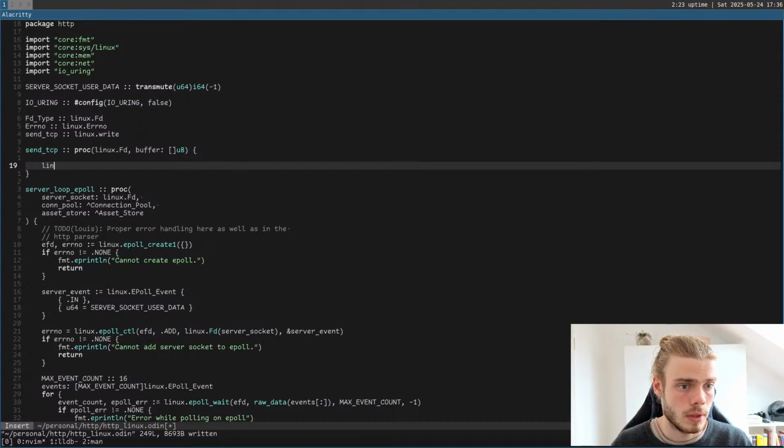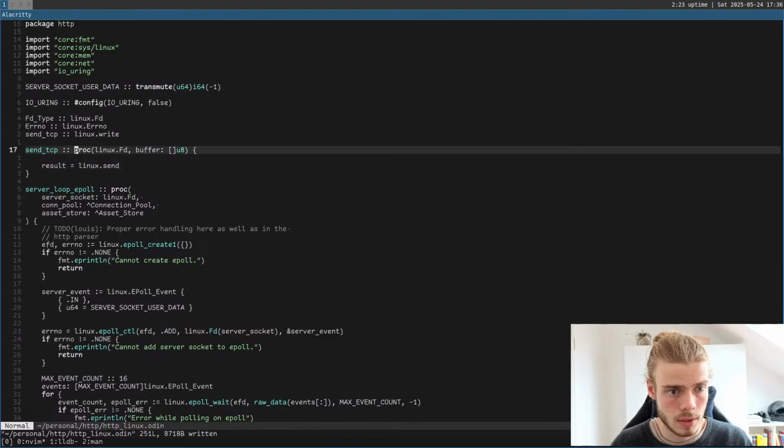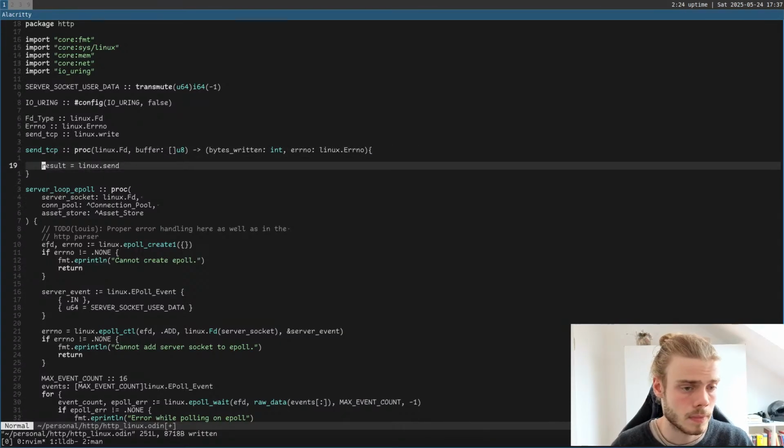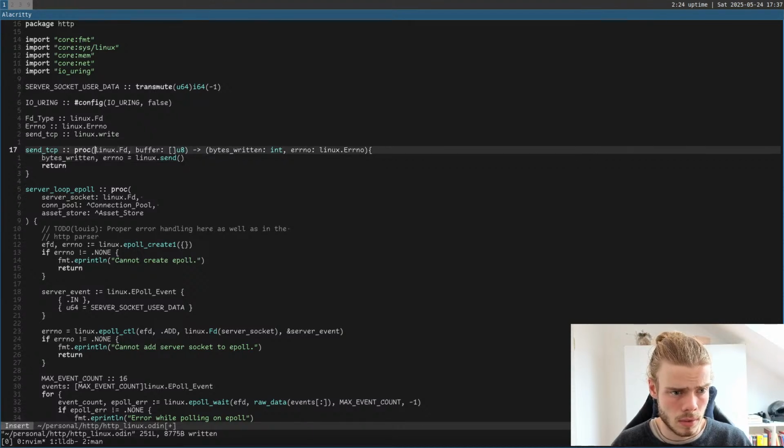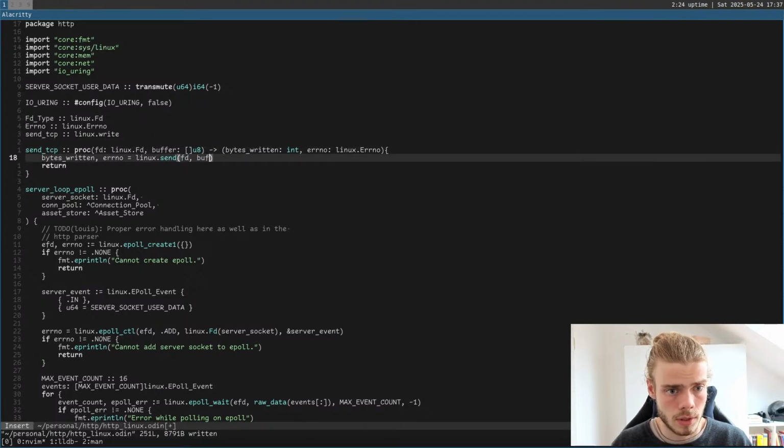And then we do linux.send and the result is equal to this. Or something like bytes written int and errno, linux.errno. Bytes written and errno. Return linux.send fd, buffer, and